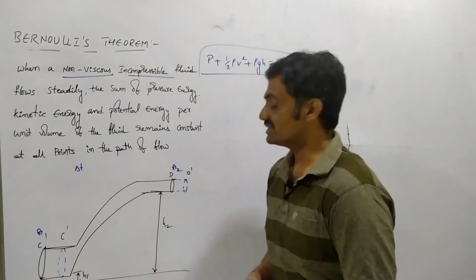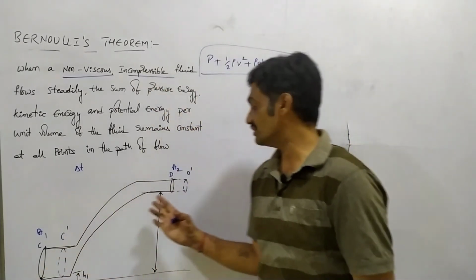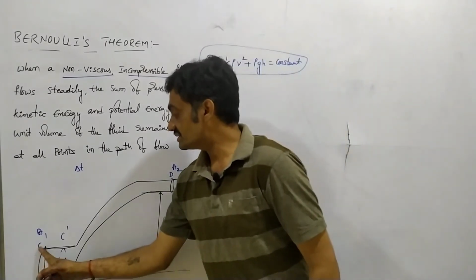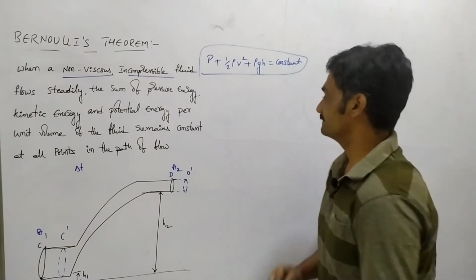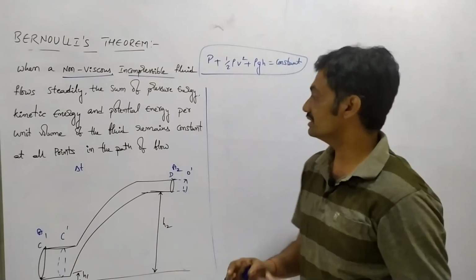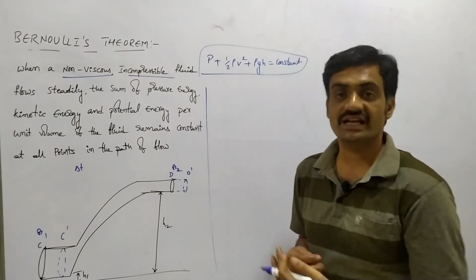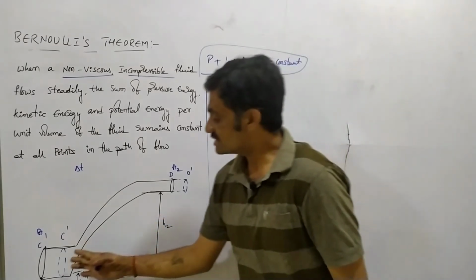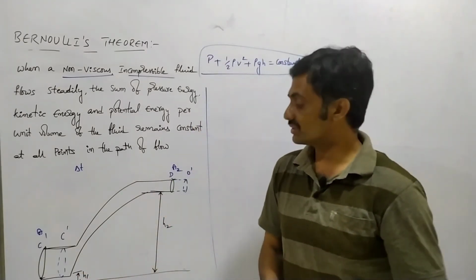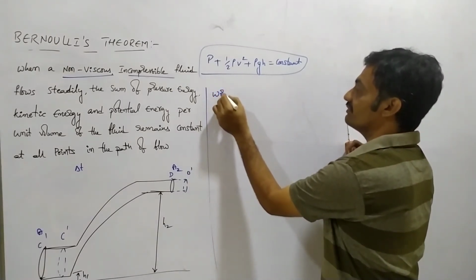Based on this, the amount of fluid entering the pipe is equal to the amount of fluid leaving the pipe in between the regions C, C dash and D, D dash. So here we are going to apply the work energy theorem. Work done by all the forces equals the change in kinetic energy. As you observe here, work has been done by the fluid as well as by gravity. Now we are going to represent these two works done. Initially, we are going to represent the work done by the fluid.